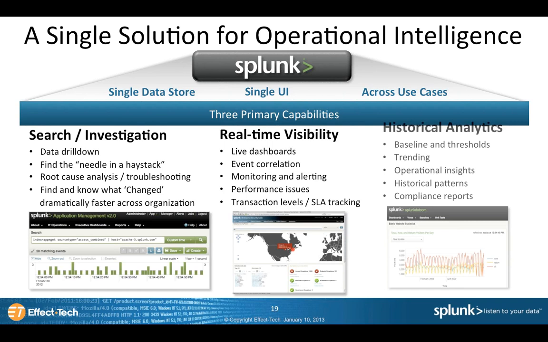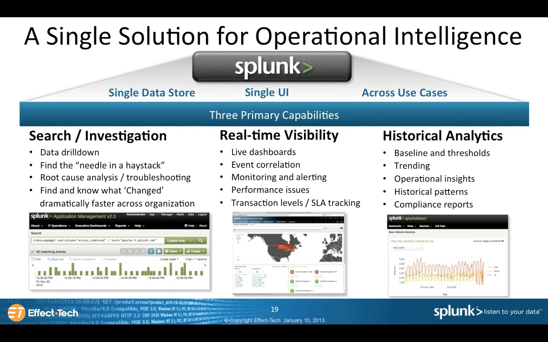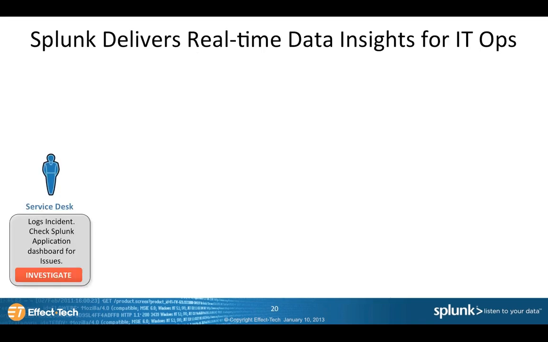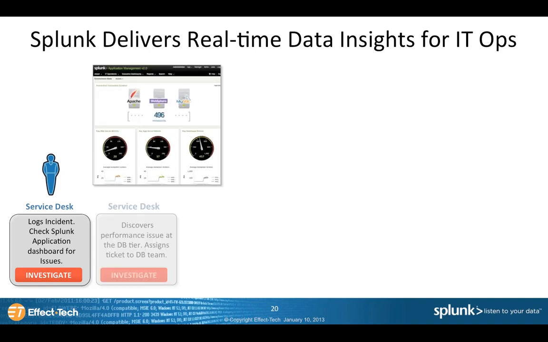Frontline support would have a very different interface, so we can easily deploy for them versus backline support, which needs just a simple full-on search capability. So it is able to deploy across multiple use cases. Those use cases include search and investigation. Think about knowing why or what changed, and why that changed, dramatically faster, not only for the front line, but also for your point